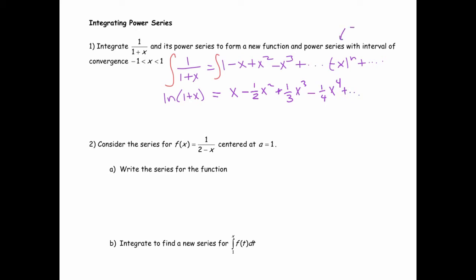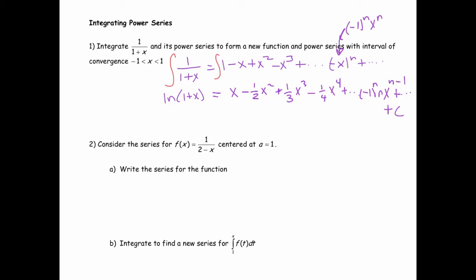I'm going to view this as negative 1 to the n times x to the n. So I'm going to view this term right here. So its antiderivative would be negative 1 to the n, x to the n plus 1 over n plus 1. That's the general term. Plus c,